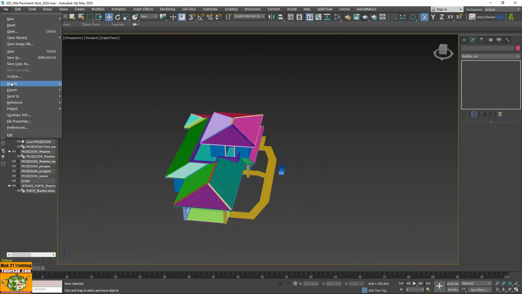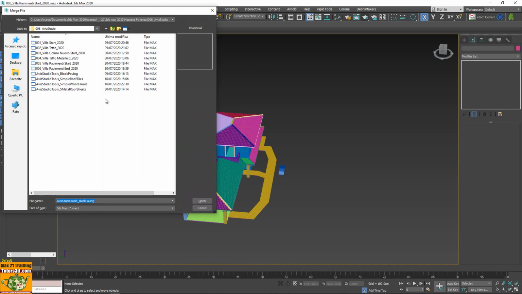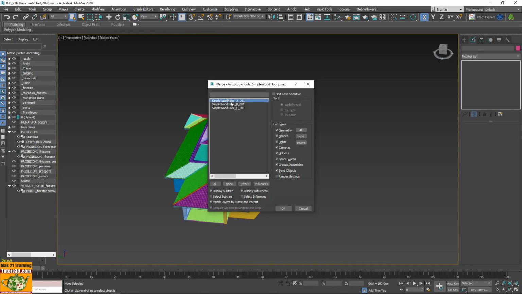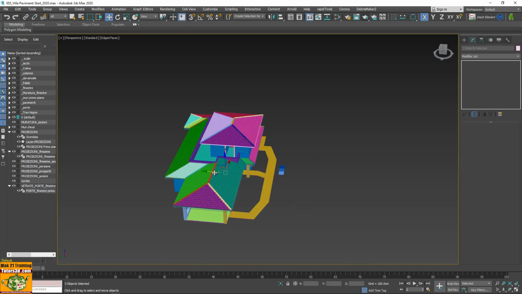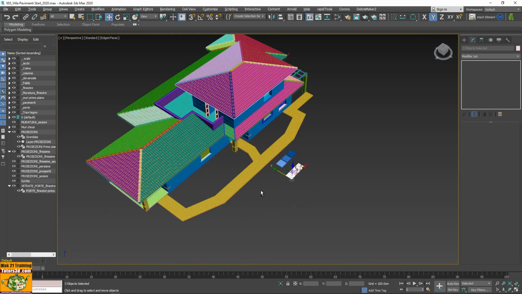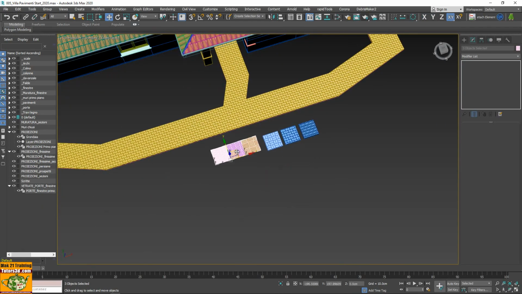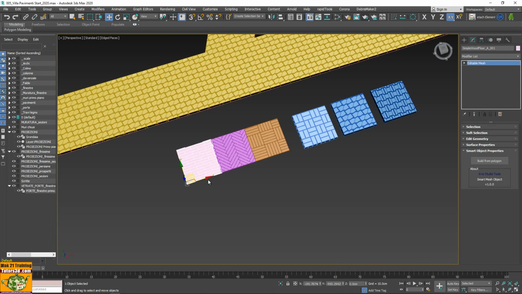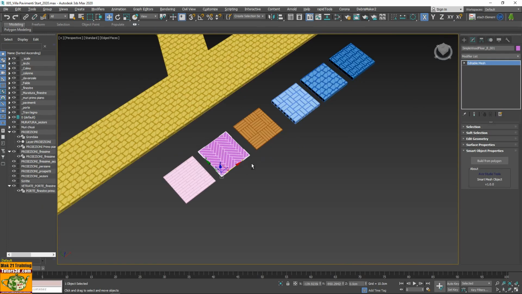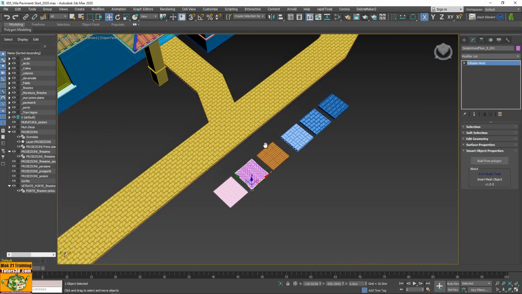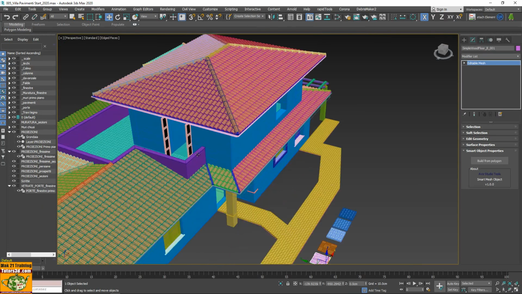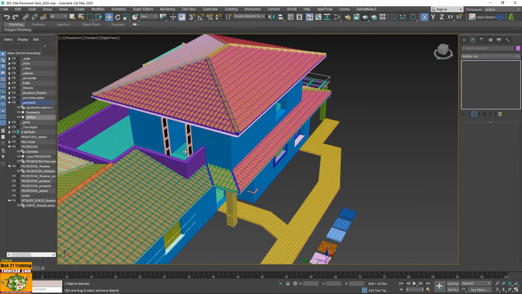I say import merge. Let's get wood floor here too. There are 3 floors. Move them as you did before for the outdoor flooring, and you put them where you want. I can choose for example this one and I choose the inside. We select both.